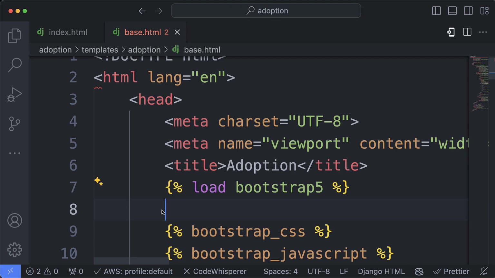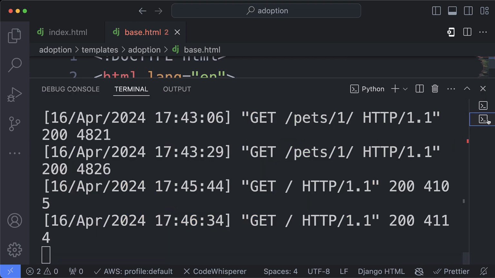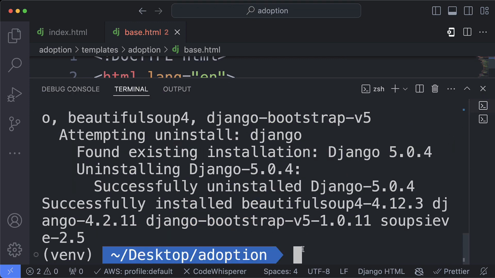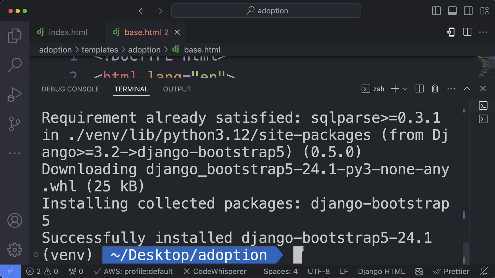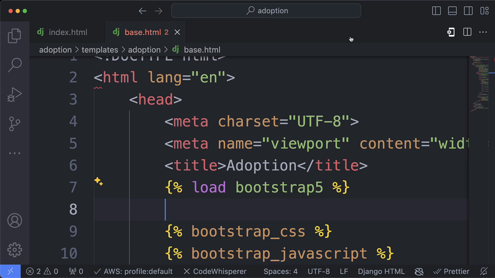So let me open our terminal, and we're going to install this different one here. So I'm going to say pip install Django, okay, Django dash bootstrap dash v5, bootstrap 5. Let's go ahead and install that version there. Okay, just minor differences. And next, I need to go back to our settings,